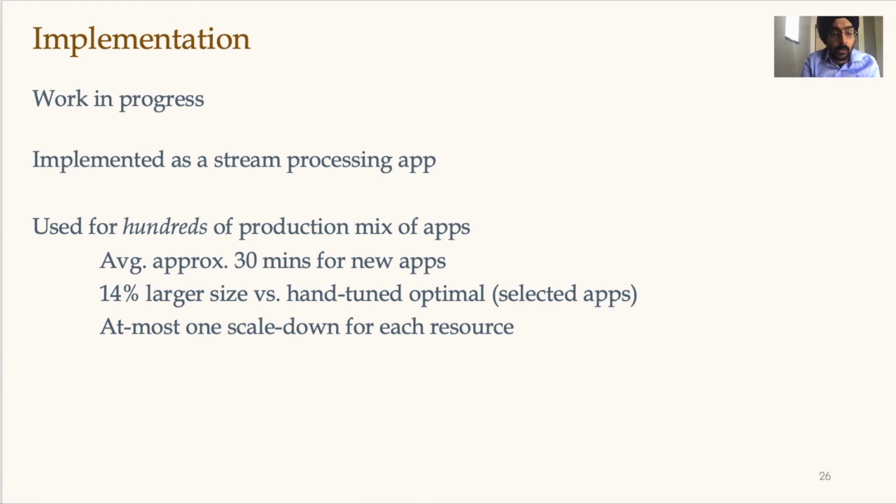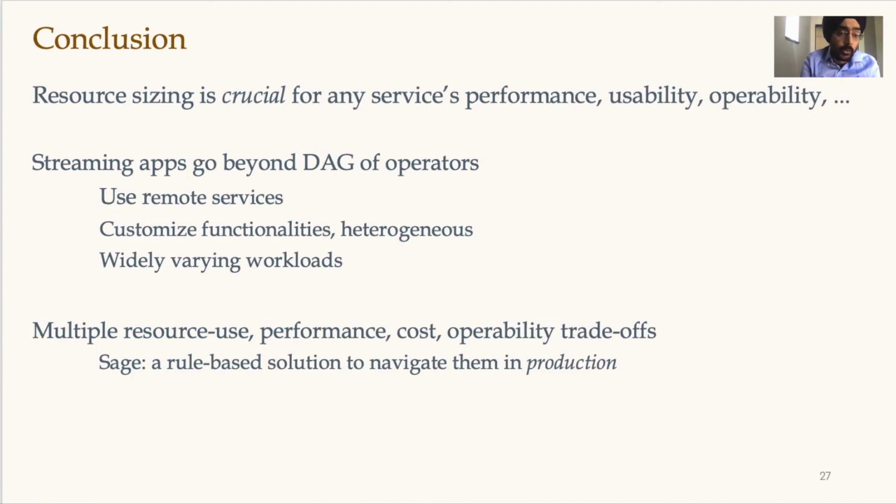So to conclude, resource sizing is crucial for any service's performance, usability, and operability, especially when it comes to stream processing apps since they constantly operate under variable load. However, what we find is that production apps today go much beyond their conventional view of being a DAG of operators. They leverage remote services, have heterogeneous functionalities, combine functionalities in different ways, and have widely varying workloads that don't necessarily conform to